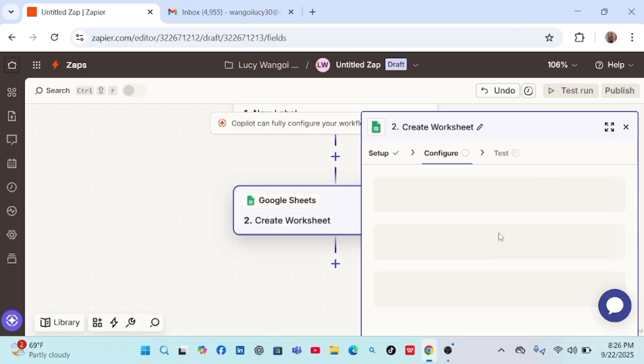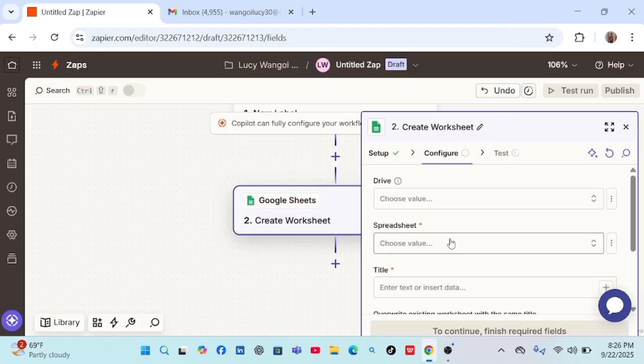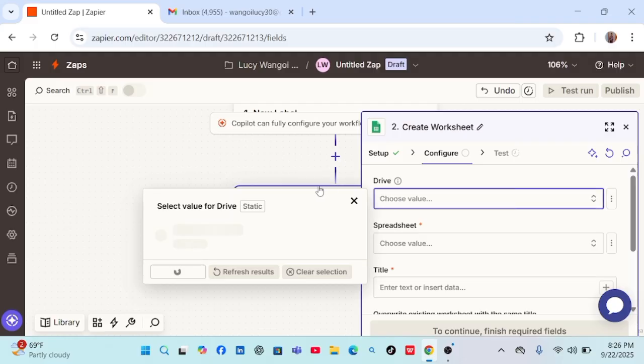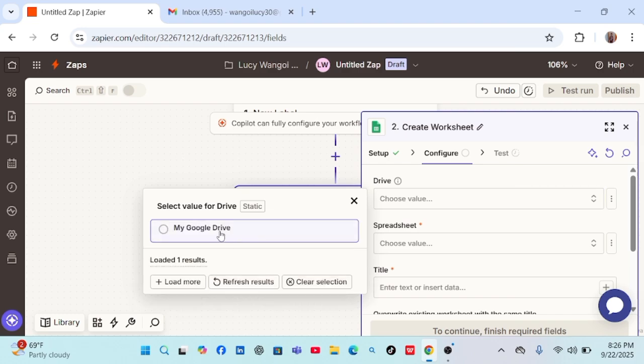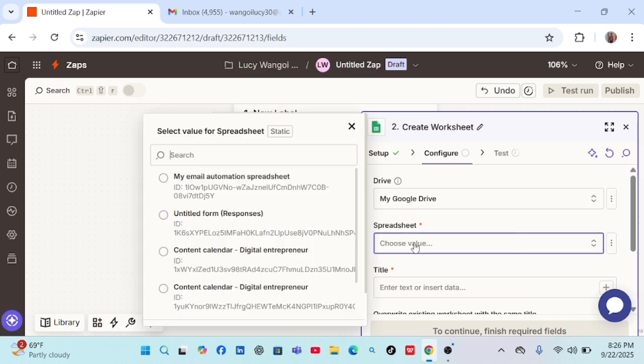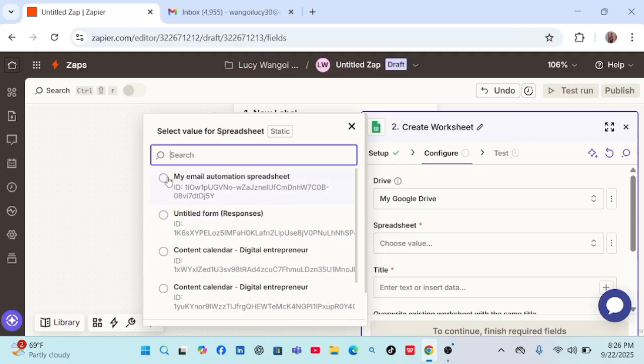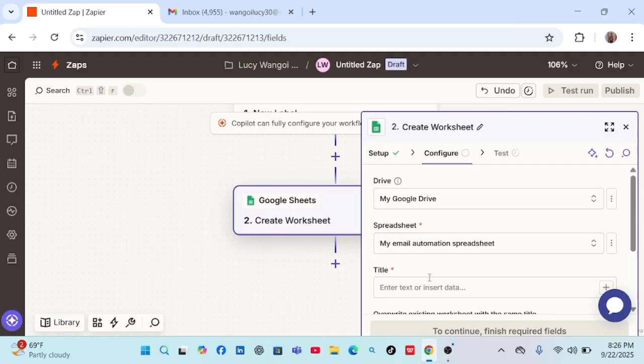Let's wait a bit. Okay, so here we are asked to choose value. So here it means, where do you want your Google Sheet to be saved? So in this case, I'll just choose my Drive, my Google Drive, and then let's choose value. So value means which spreadsheet do I want to save it. So in my Google Drive, I have my email automation spreadsheet,